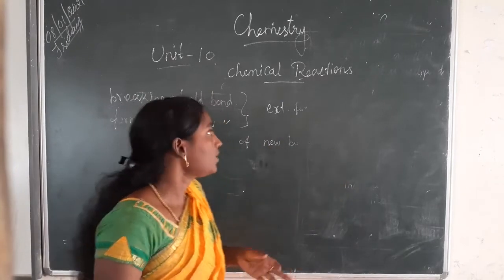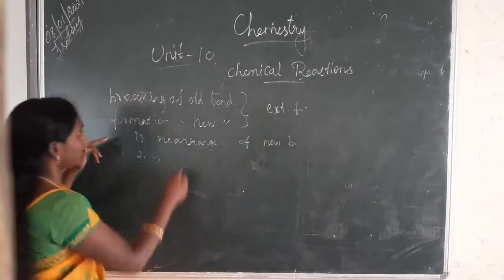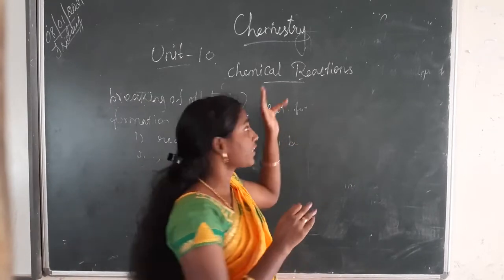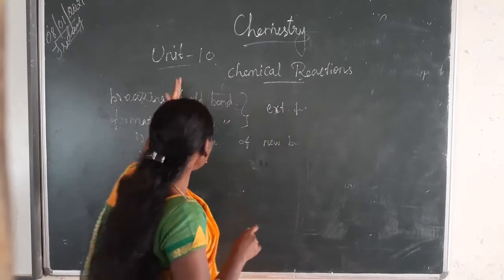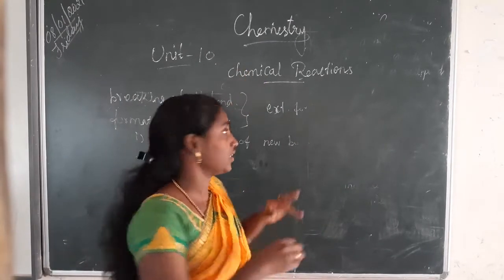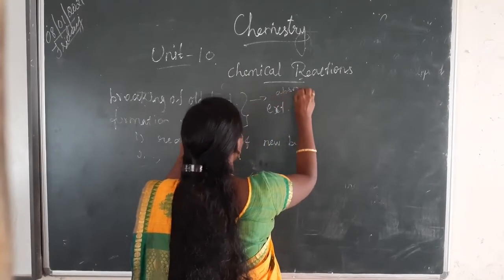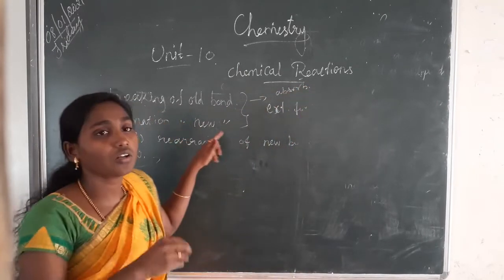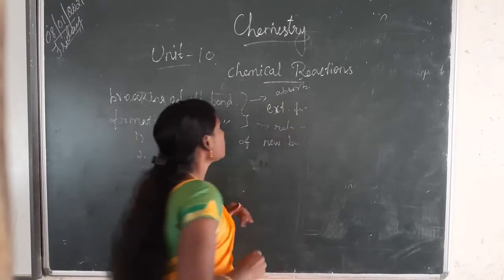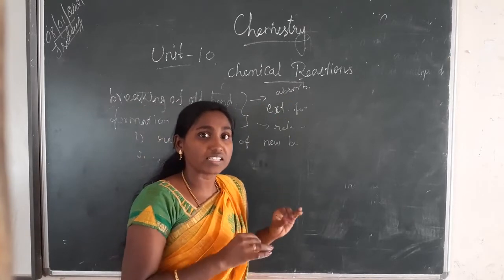Then third one, breaking of old bonds will absorb energy. During the chemical reaction, when the bond is breaking, it absorbs energy. This breaking of old bonds absorbs energy and the formation of new bonds releases energy. Absorbing energy mostly means an endothermic